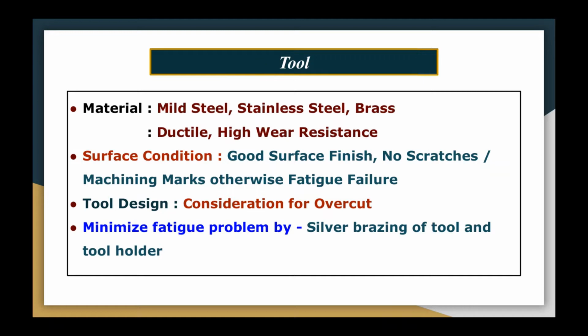Now I will talk about the tool. Normally materials used for the tool are mild steel, stainless steel and brass, and the main properties of the tool material are high ductility and high wear resistance. As far as surface conditions are concerned, it should have a good surface finish. There should be no scratches or machining marks, otherwise they will be reflected on the machined workpiece surface, as well as